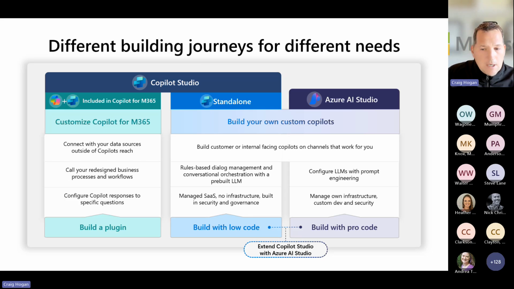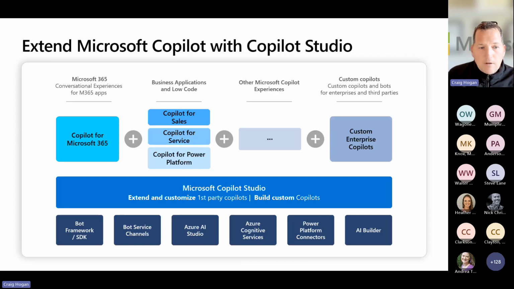And then this case over here is the Azure AI Studio, which is where I want to extend it beyond. Copilot Studio is doing a lot of good things for me, but it's not there, and I want to extend and leverage capabilities. I can leverage Azure to do that. The reason I can do that is because Copilot Studio is this wrapper that sits on top of all of our Azure services. So within this orchestration engine of Copilot Studio, I can extend my M365 Copilot. I can leverage existing Copilots, first-party Copilots, and then I can start to build my own Copilots.